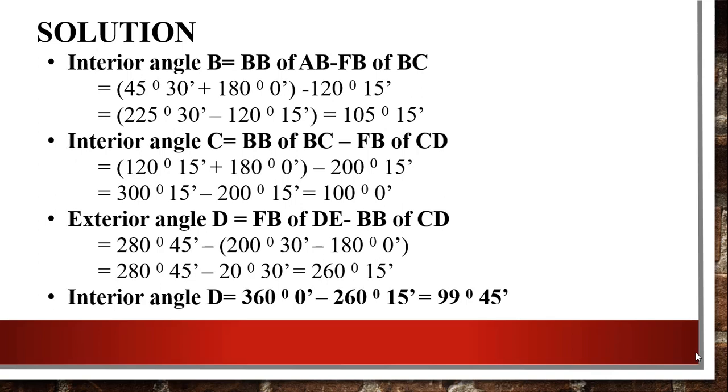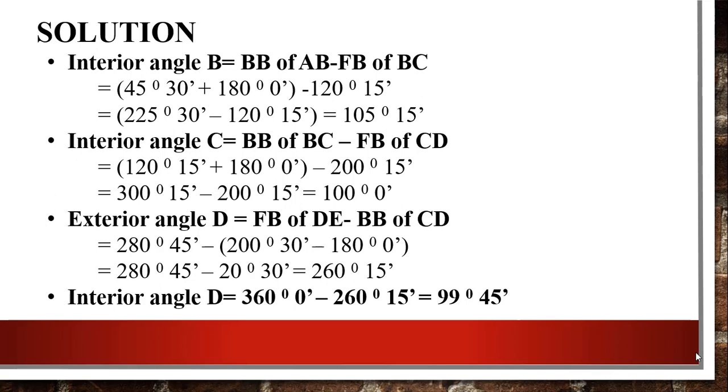So in this case, 45 degree 30 minutes plus 180 degree 0 minutes minus the forebearing of BC, that is 120 degree 15 minutes, and then you will get the value as 105 degree 15 minutes. So as the forebearing is given, first of all you have to calculate the back bearing of line AB, that is 225 degree 30 minutes, and then deduct the forebearing of BC